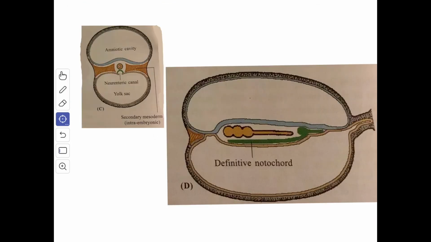The intercalation of the notochordal process forms the notochordal plate along the roof of the yolk sac. Later, the notochordal plate folds along its long axis and gradually separates from the roof of the yolk sac, which is now lined by an uninterrupted endodermal layer. The notochordal plate forms a solid flexible cord of cells, which is known as the definitive notochord.